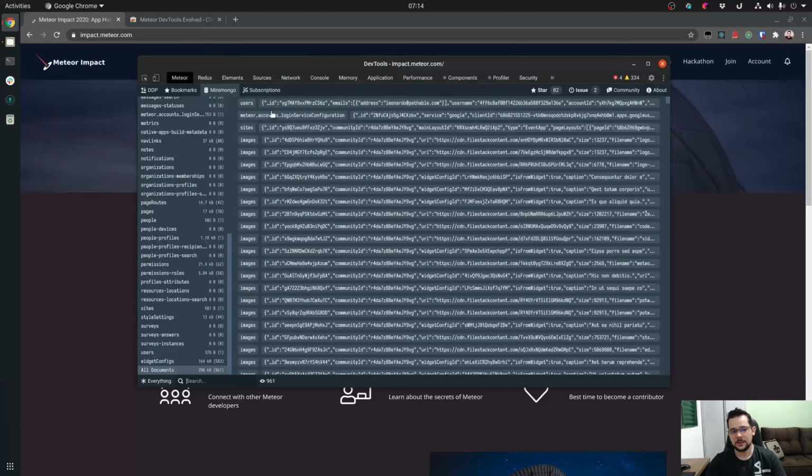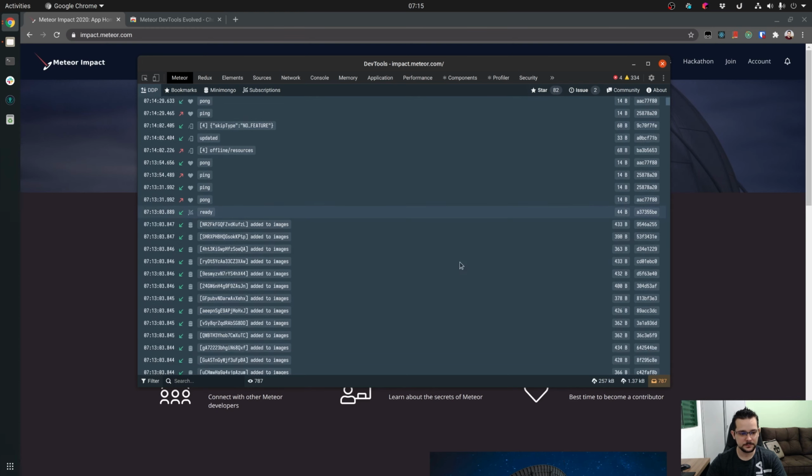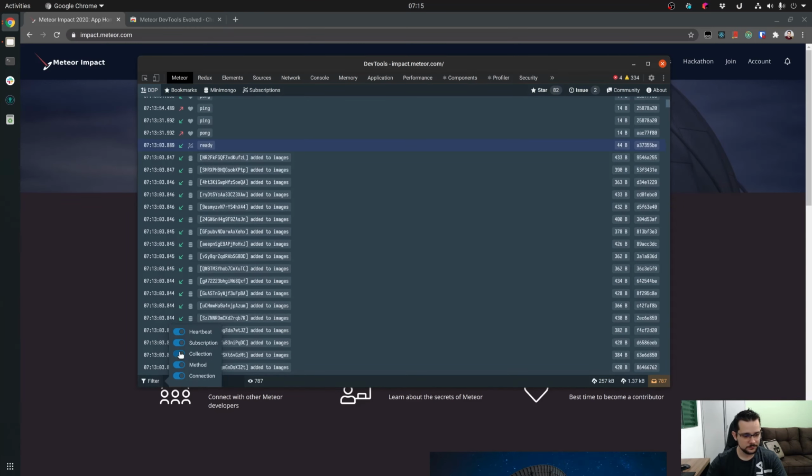Well, here we have 4 tabs: DDP, bookmarks, subscriptions. Bookmarks and DDP are kind of related because this is just the bookmark for DDP logs. You can basically see